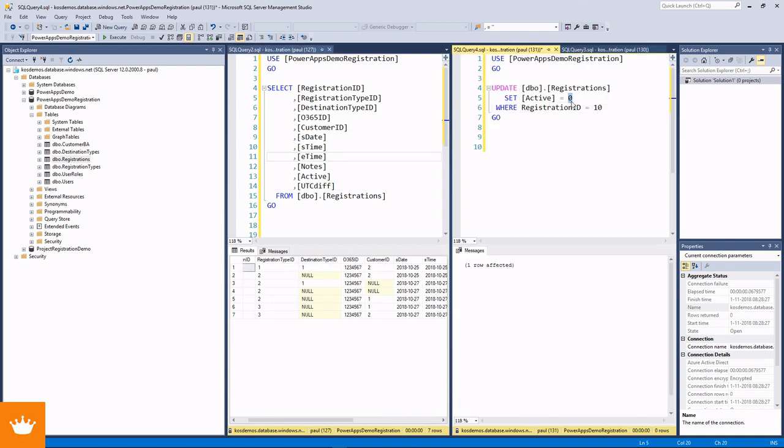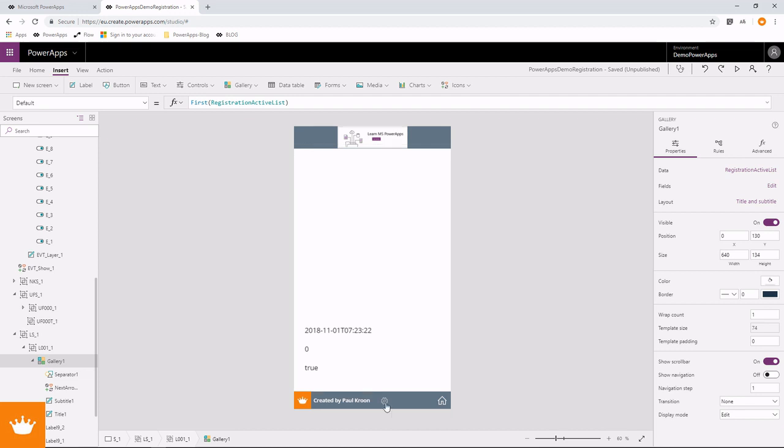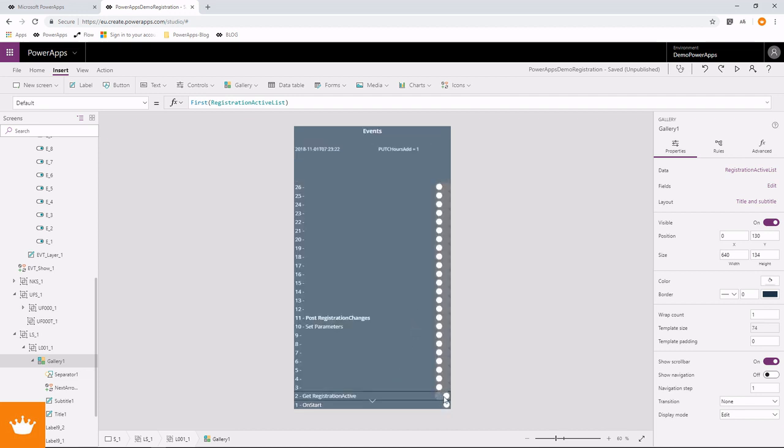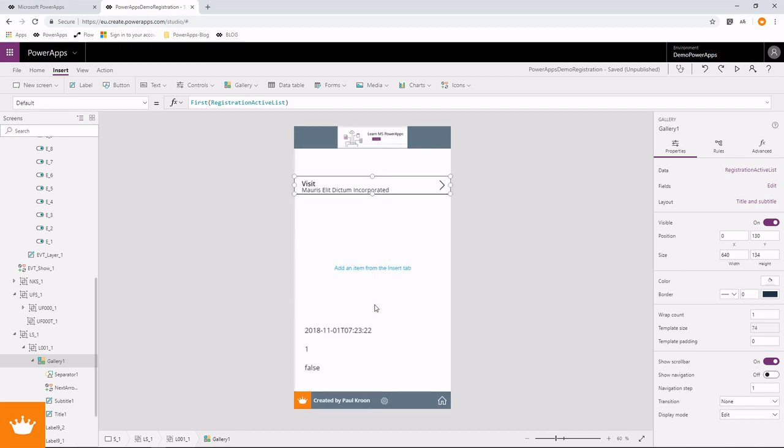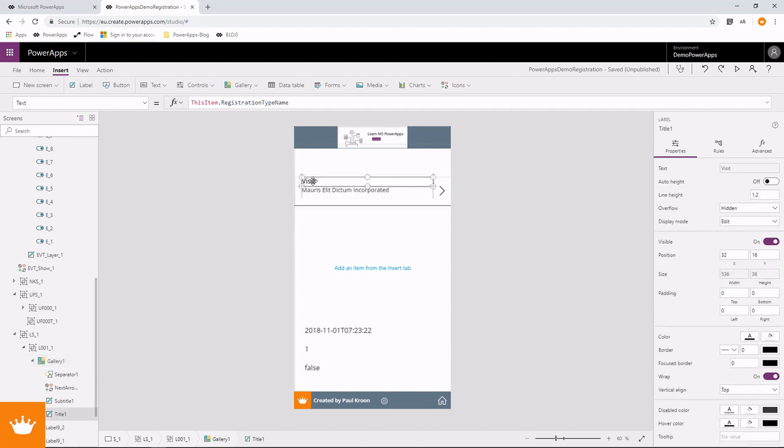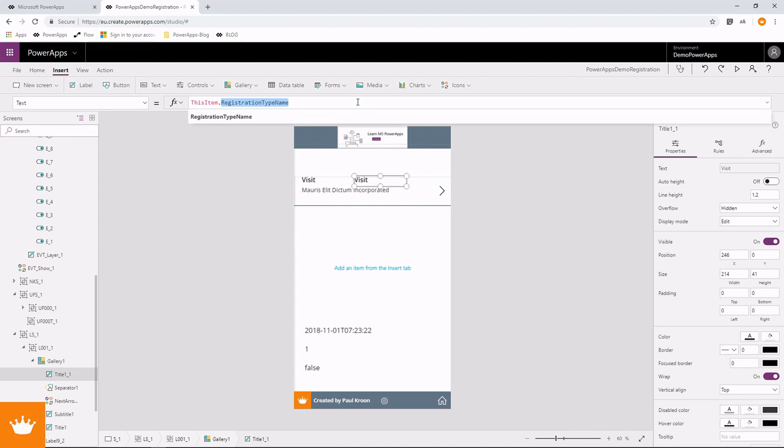So let's put one of our records to active. Change this, and now go to our get registration active. I'm using the Alt key again, and now we see that we have a visit at this location. So now let's build this a little bit better. So let's put this to the top, registration, make it a little bit smaller, copy this part, put it on the side, and say here this should be this item